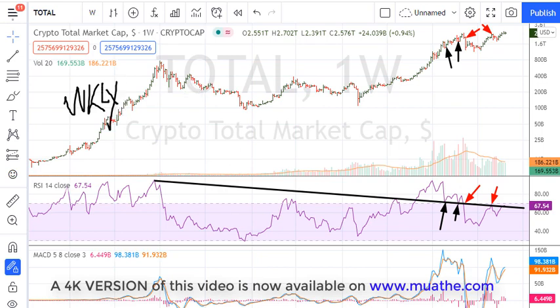So this is weekly data. And what I'm saying here is as the cryptos are going higher, there is a probability that this could end up being another rejection point week to week. Today being a Thursday, so week to week, if this turns into another resistance on a weekly time frame, it suggests to me that the cryptos are trapping those who are going long before a reversal lower. Hope that makes sense.